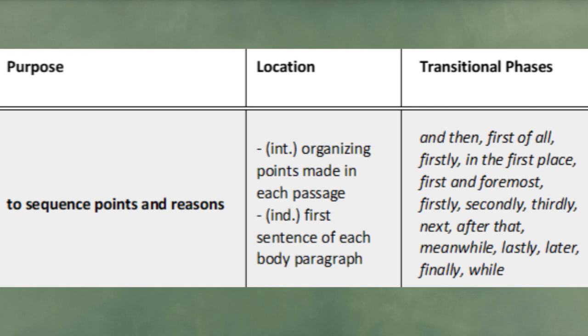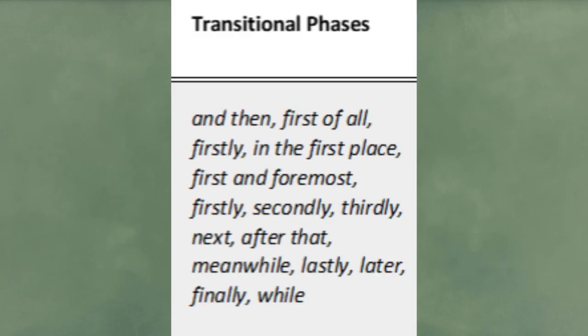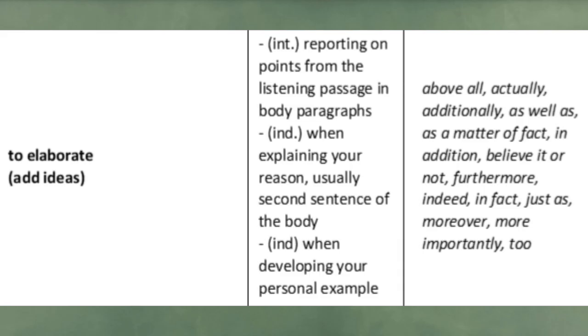Transitional phrases. Add transitional phrases to improve your score. To sequence points and reasons, organizing points made in each passage, first sentence of each body paragraph, and then: first of all, firstly, in the first place, first and foremost, secondly, thirdly, next, after that, meanwhile, lastly, later, finally, while. To elaborate, reporting on points from the listening passage in body paragraphs: